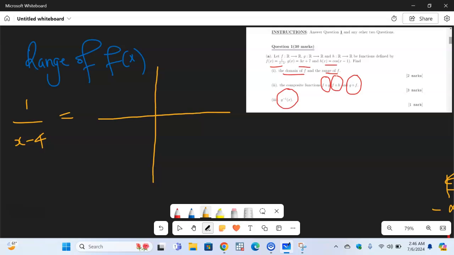We said there is an asymptote, a line which the function never touches. There's a vertical asymptote at x equals 4, because x cannot be equal to 4. So this function looks this way. It comes from negative infinity as it narrows down to